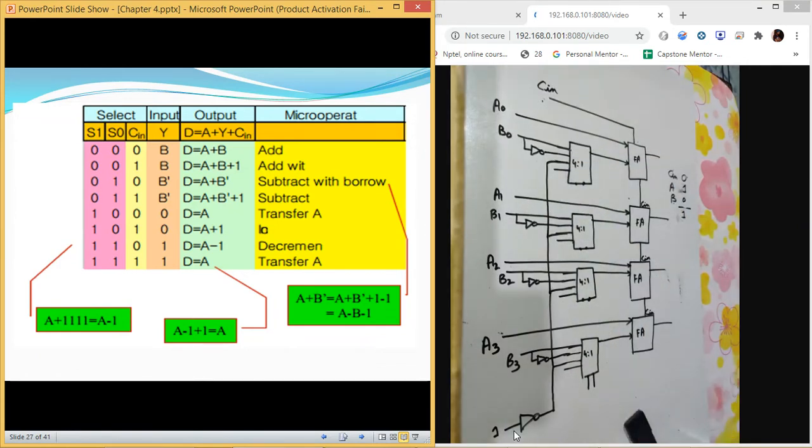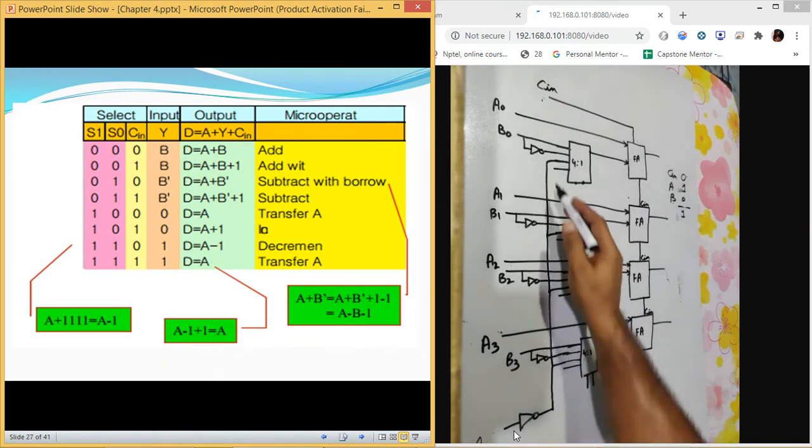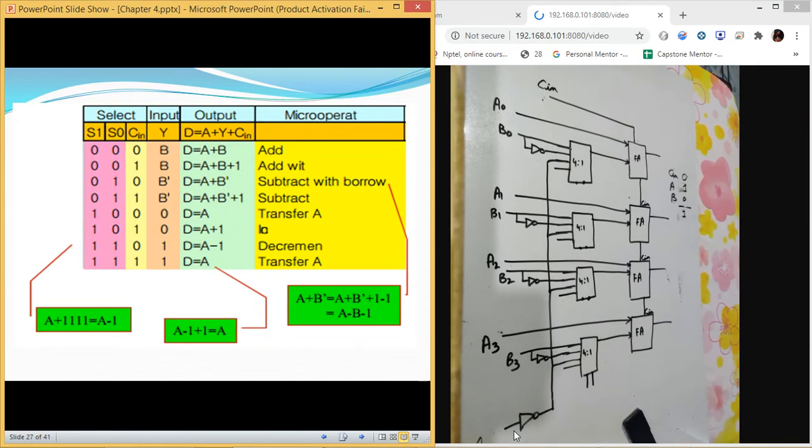So now these are connected with all the zeros. If we have connected it with 0, what will happen? If the value of Cn is 1 and we provide a value 0 at this place, this will become 1. If we give a value 1 at this place, it will become 0. So if it is high, then this value is 0. So we can change these values as per our requirement.